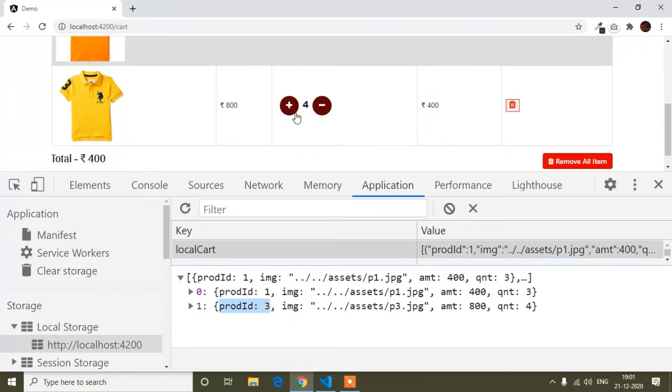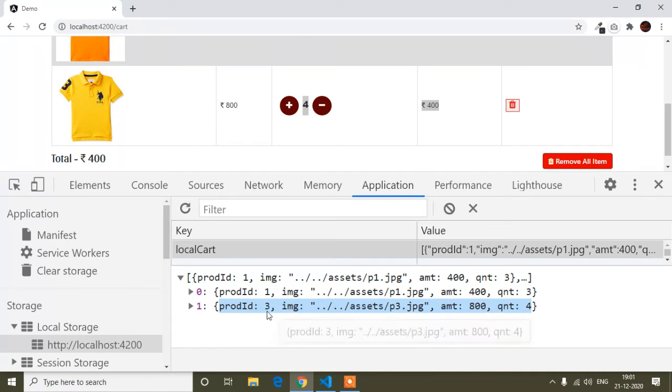Now from the cart details page I can increase the quantity of product ID 3, but how can I store the increased quantity of product ID 3 in the local storage? That's why I have to check the ID, step by step. So that's why I wrote a loop. If I click this product ID 3, it will check the local storage, where it is product ID 1, so it's not a match because it's a 3, and then it will come to the next.